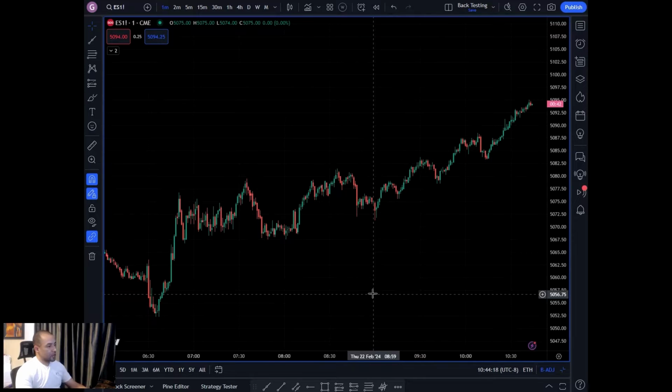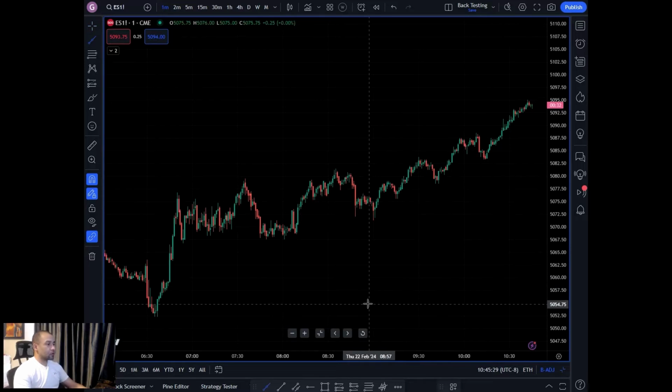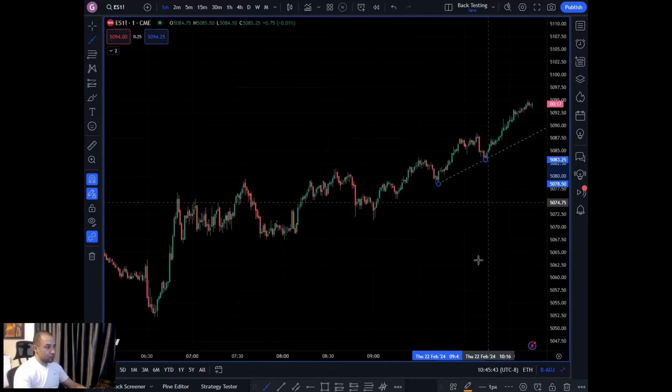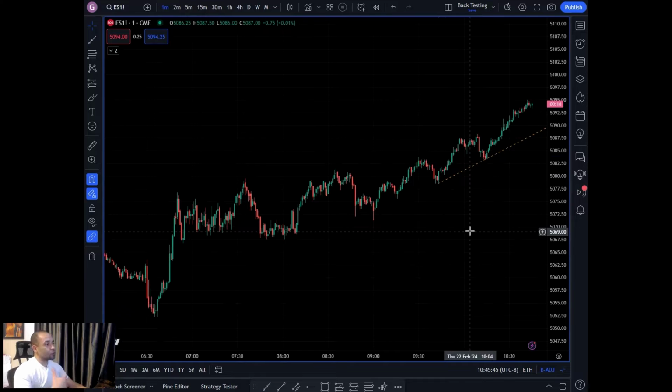What I'm looking for next is I'm looking to find a trend line, because I eventually want to see that trend line break. So what makes a trend line valid? Traditionally, traders say that you need to connect just 2 points on a chart to make a trend line valid. So this would be a point, and this would be a point. And they would qualify that as a valid trend line.